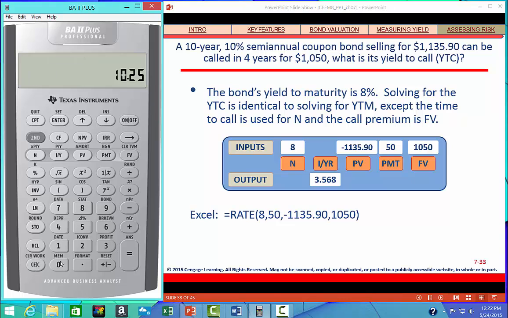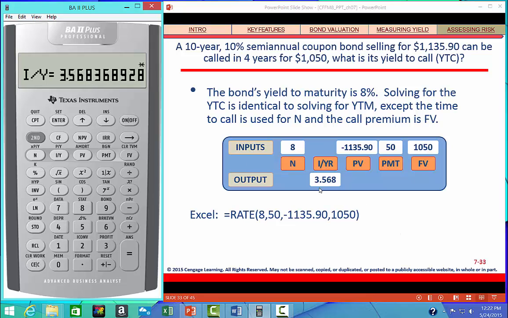So if I put in 8 N, 1135.9, oops, I need to make that a negative, and put that in as the present value. 50 is the payment, and then 1,050 is the call price, so I put that in as the future value. And then I hit compute I, and I get this